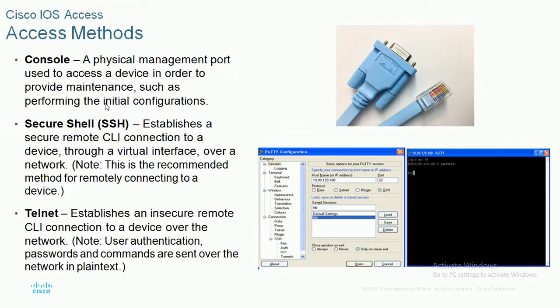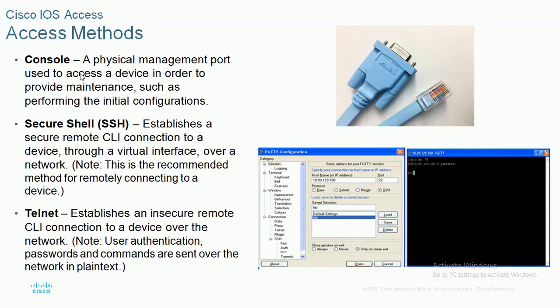The basic access methods are the console method, the secure shell method, and the telnet method. Generally console will be used. The console method of access is a physical management port used to access a device in order to provide maintenance, such as performing the initial configurations.